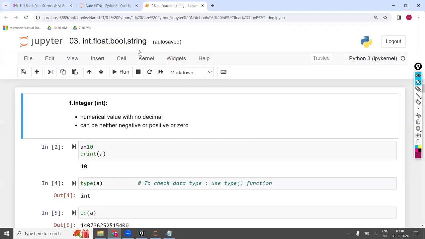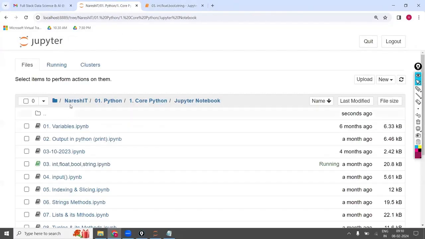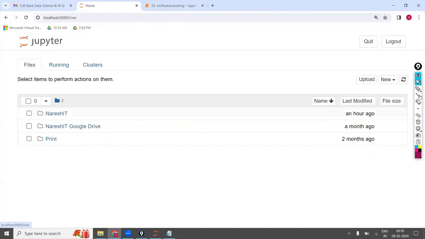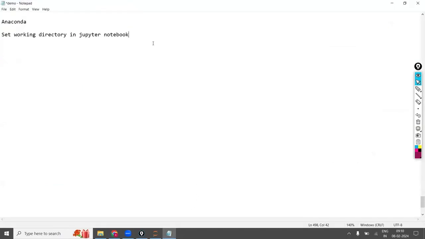The same three folders you can see in my home directory. Why am I getting these three folders? Because I have given my D drive as my working directory. So set your working directory in the Jupyter Notebook, and once you have set it, all the files will be saved in the same folder.